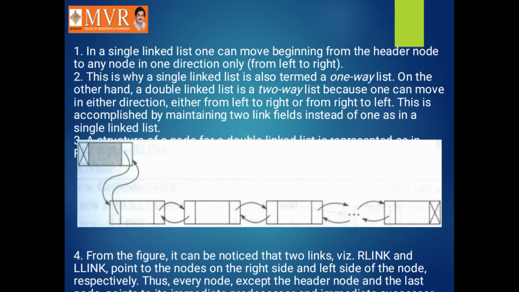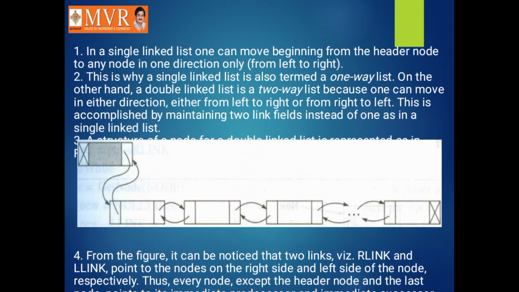Whereas a double linked list maintains two links, one to the previous node and one to the next node in the linked list. That is, one points to the predecessor and the other points to the successor. So we can move in both directions. So a double linked list is known as a bi-directional list or a two-way list. And the data field as usual stores whatever information we want to store.